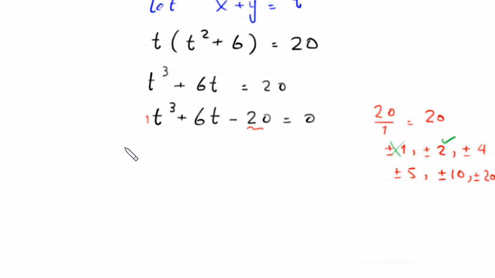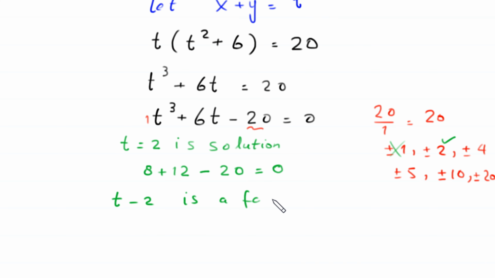If we check t is equal to 2 in this equation, this will become 2 cubed is 8 plus 6 times 2 is 12 minus 20 is equal to 0, and this 8 plus 12, 20 minus 20 is 0, which means that t is equal to 2 is a solution of this cubic equation, which means that t minus 2 is a factor of this cubic equation. So we can rewrite this equation as